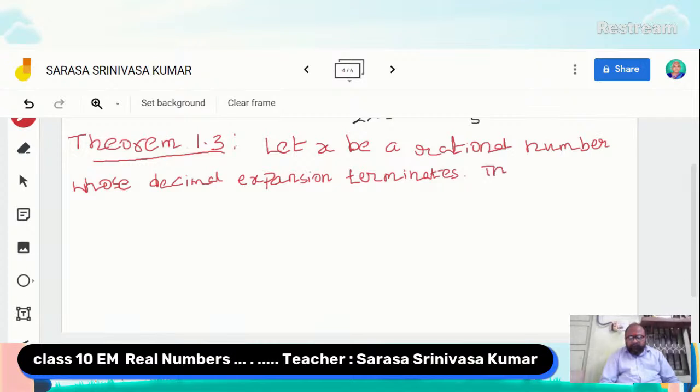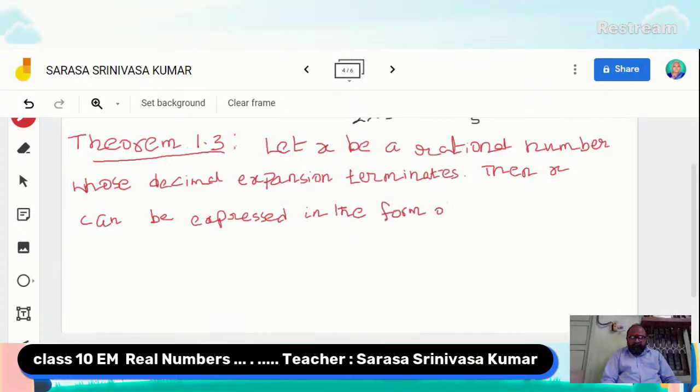Then x can be expressed in the form of P by Q,